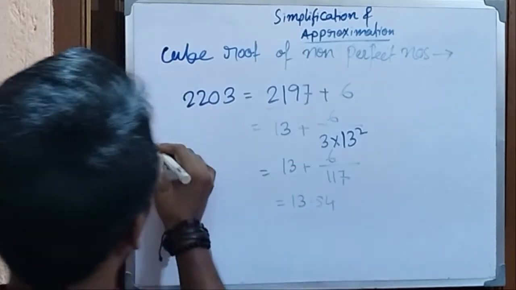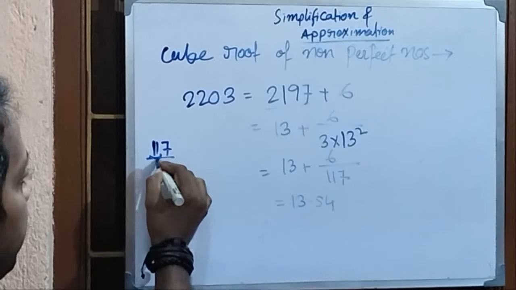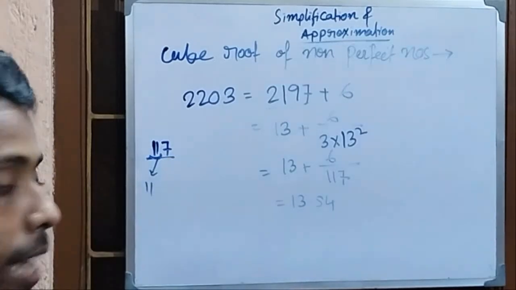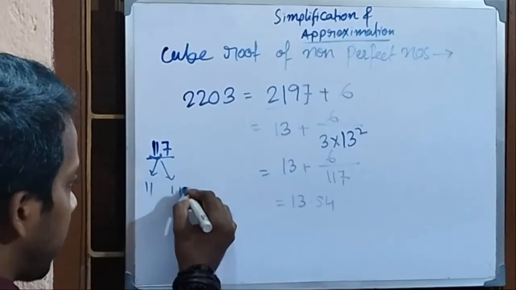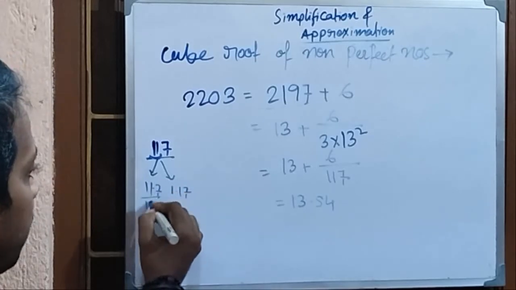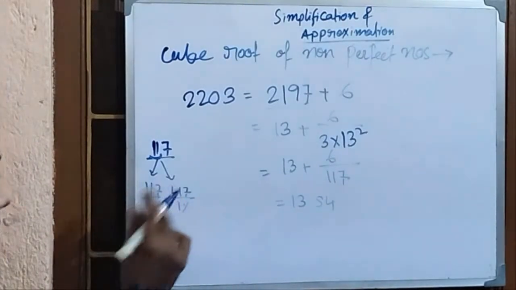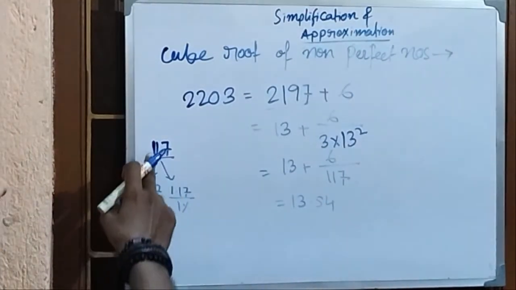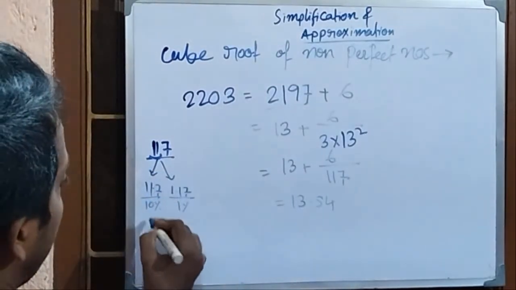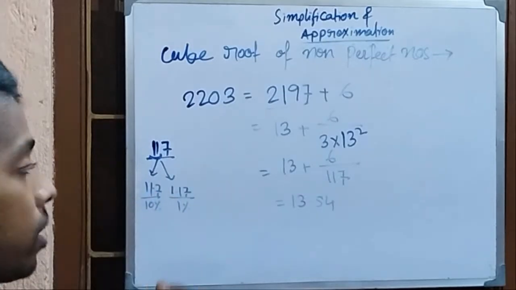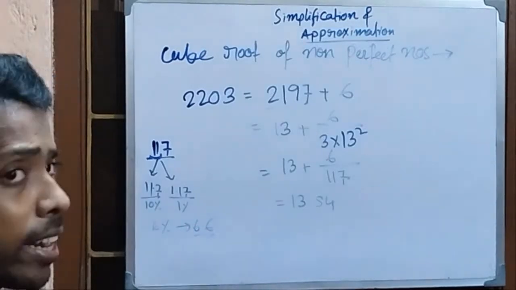This number, this 117 number, this is 100% and 10% would be 11, right? 1% would be 1. I am just writing like this: 1.17, 11.7 is the 10% value and this is 1% value, right? So I am just omitting this 7 part, I am just taking that 11 is the number, 110 is the number. So 11 is the 10% number, so 6% number would be 6.6 or something more than that, right?